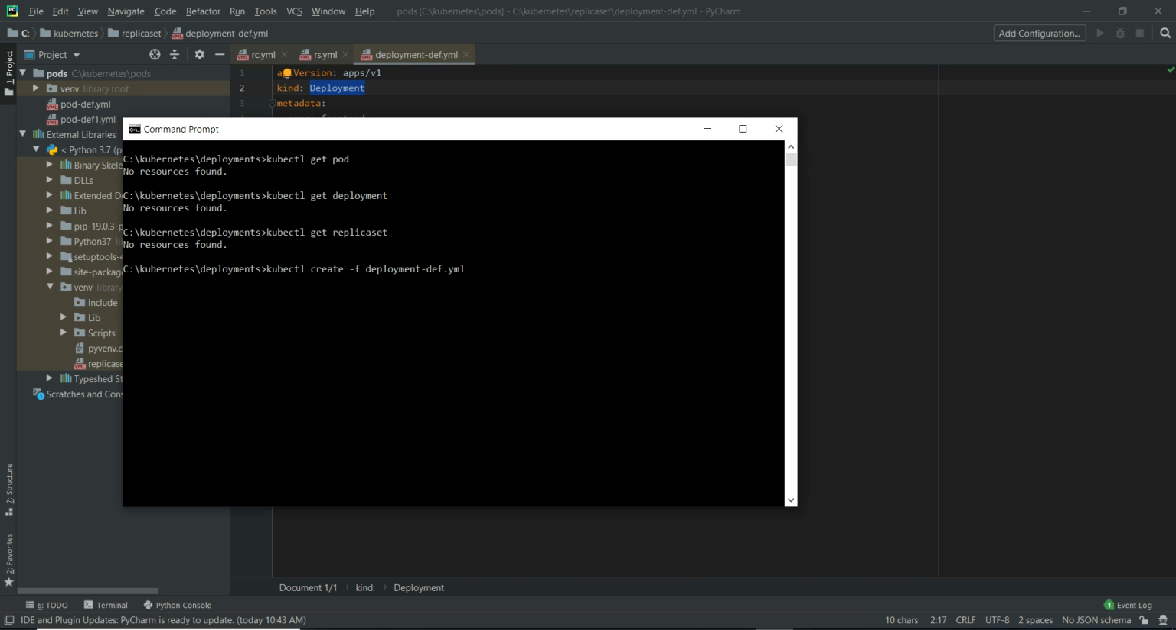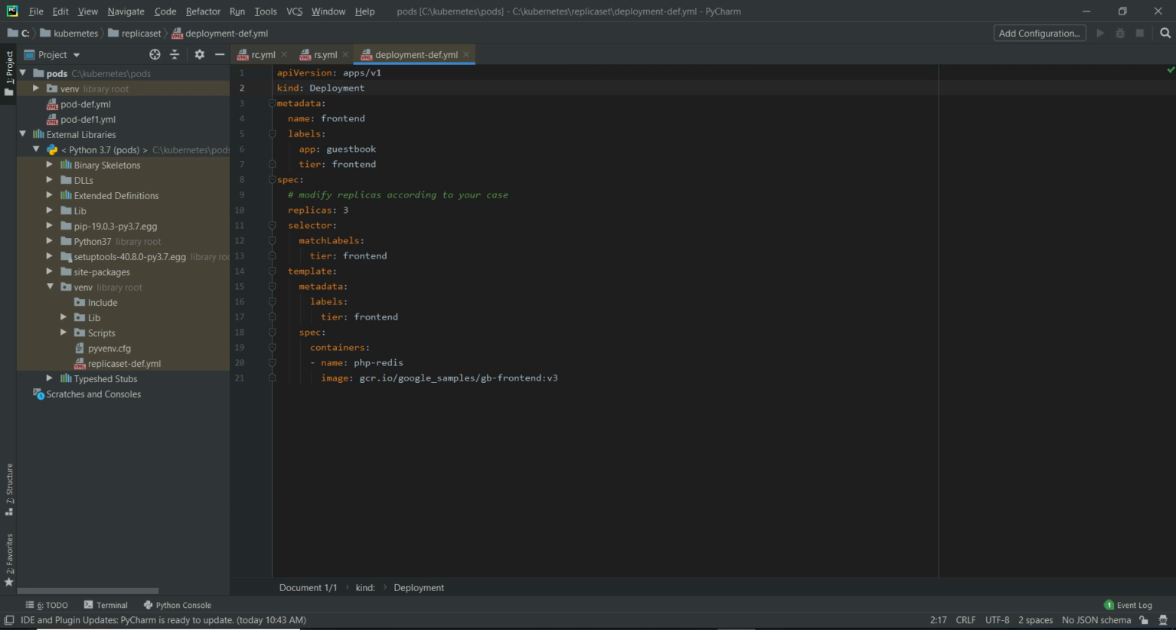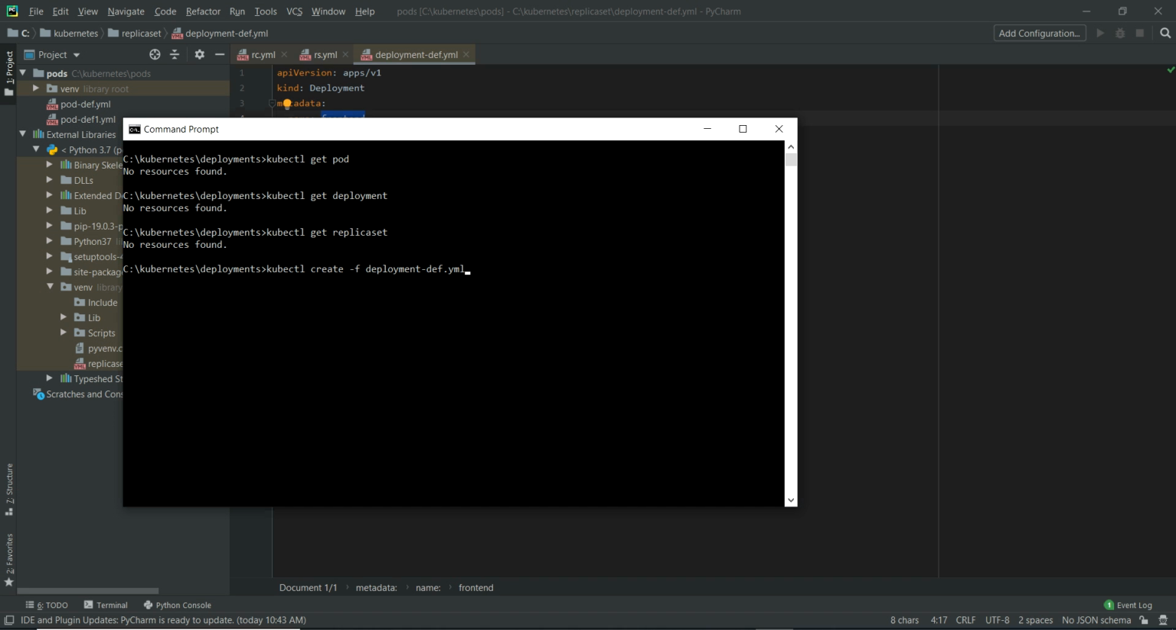So currently, if you notice, I don't have any pods, I don't have any deployment, I don't have any replica set. The deployment.yaml file we are creating here is named front end. With this name only, it will create the replication set as well, and all other things like container, image. These are all as usual, like how you did it for the pods. So I have created the deployment here. Now we can see, yes, the deployment has been created with the name front end,